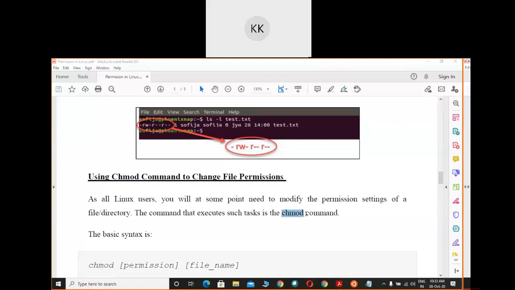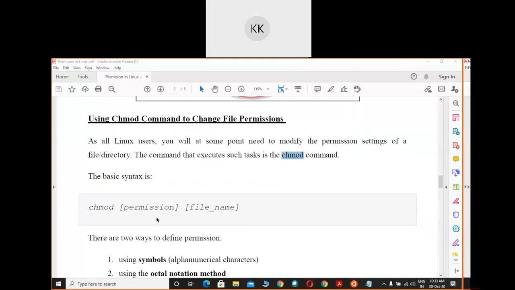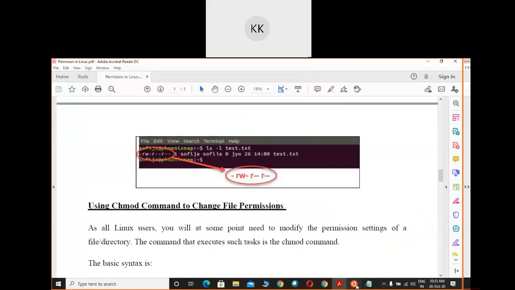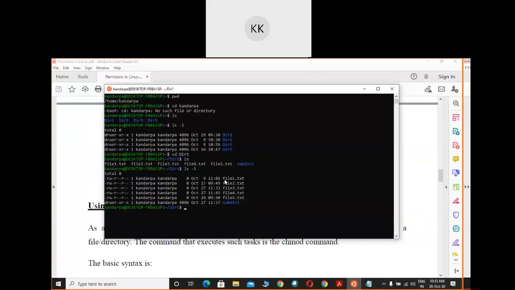So what command are you going to use? Change mode command. The syntax is change mode, then describe the permission with a space, then give the file name. Say for example, right now file 1 is assigned with read write null read permission.